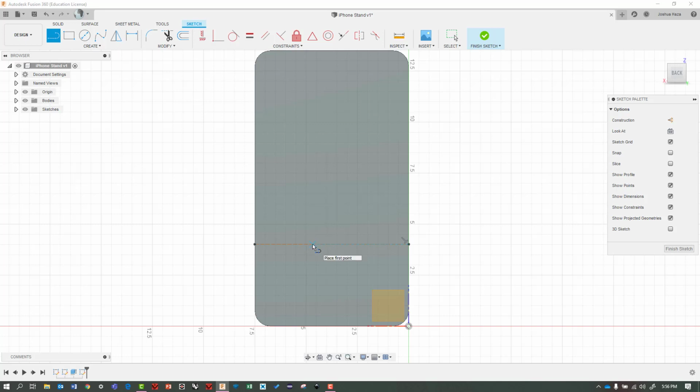So I've already taken that measurement, and on mine it's 3.5 centimeters. Yours will be a little different. Now to make this actually 3.5 centimeters from here to the bottom, I'm going to use the dimensioning tool. So I'm going to push the letter D, and I'm going to click on this line, and I'm going to say, okay, I want the distance to this line. So I click on this bottom of the phone,